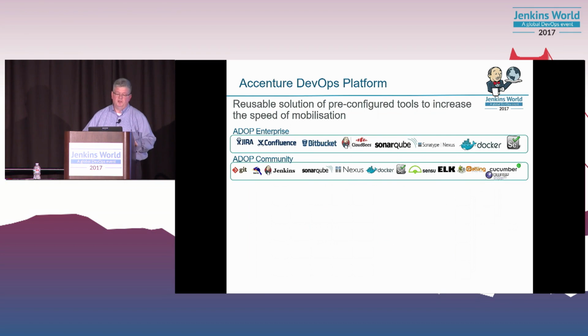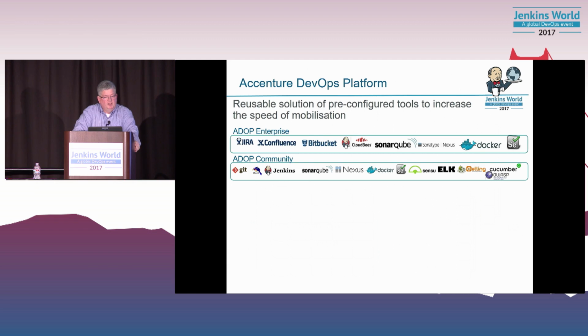And the way we do this is we use the Accenture DevOps platform. It's a reusable set of tools, pre-configured, that we use to stand up DevOps at our clients. It comes in two flavors. We have ADOP Enterprise, which is all the enterprise levels of the tools, including the collaboration set, which includes Jira, Confluence, Bitbucket, and of course, CloudBees. SonarQube, Nexus, Docker, and Selenium. This is really set up in a PaaS-like environment, so when our clients get into this, we host that up. We manage the licensing on the back end,